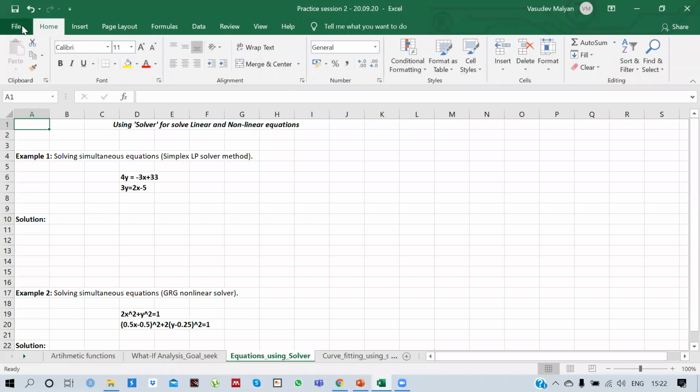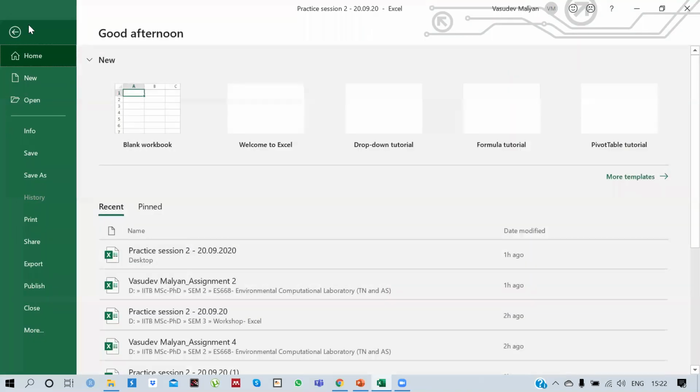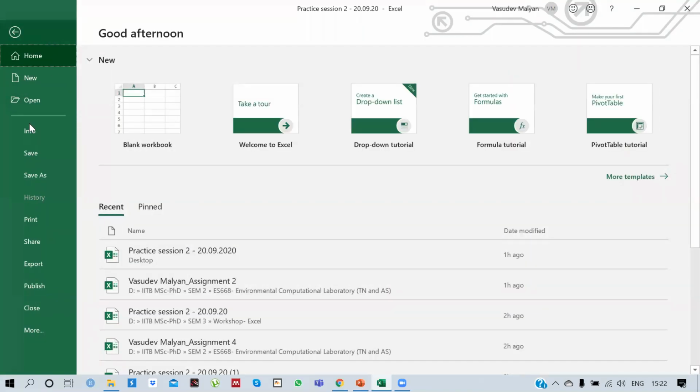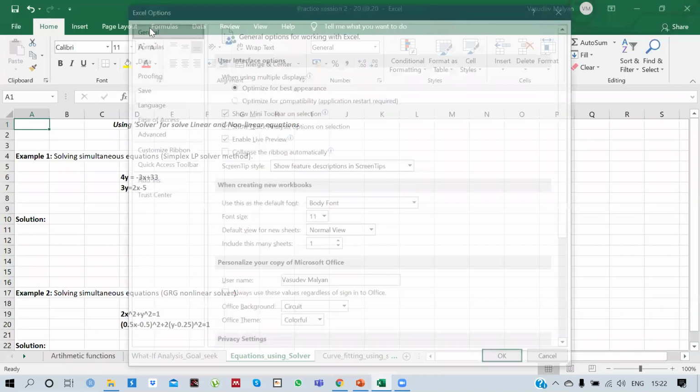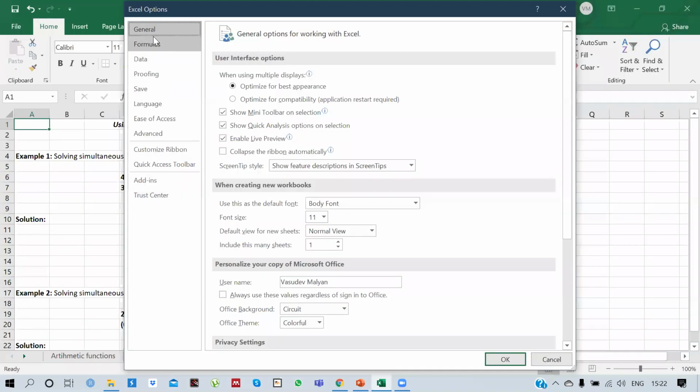Please follow the steps. Go to file. Those who are using MS Excel, please go to file. You will see a more option, or only options for earlier versions of MS Excel. Press more, go to options. You will see a number of options here on the left side.